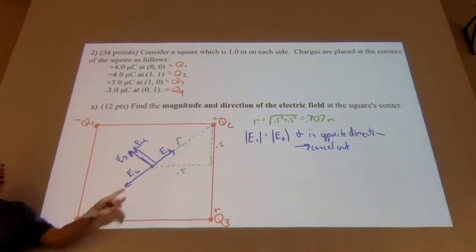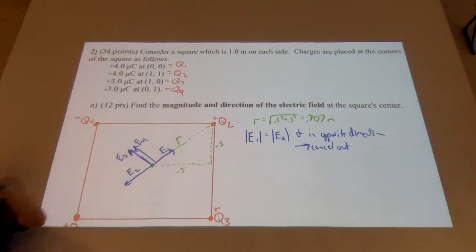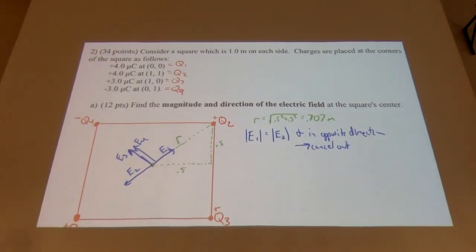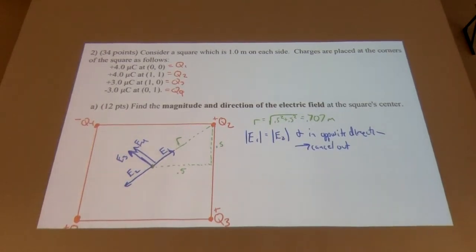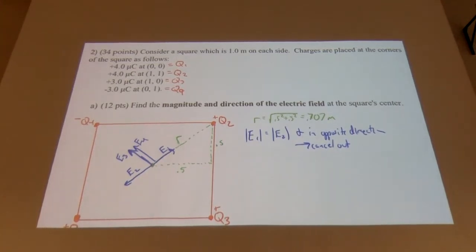Technically, the way you're supposed to do it is find all 4 of these vectors and do the math to do vector addition for all 4 of them. But thankfully, 2 point in the same direction and 2 point in opposite directions, which saves us a lot of vector work, okay? So let's see, E3 is equal to E4,